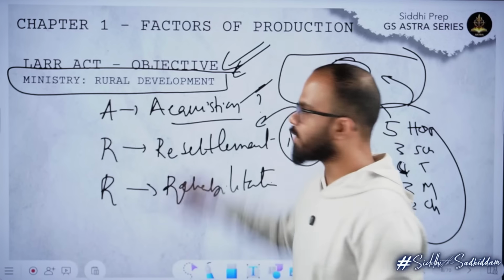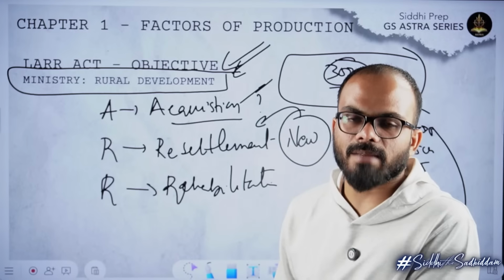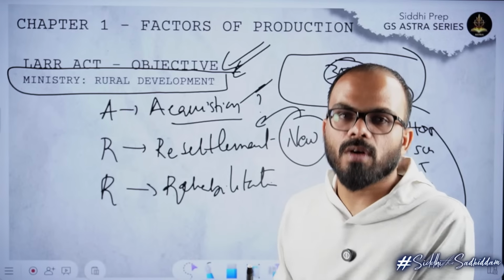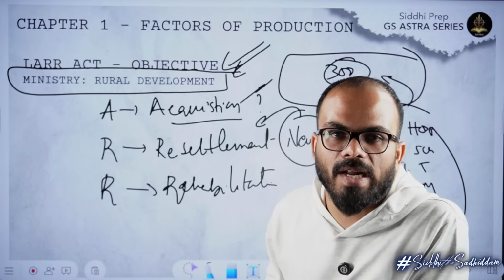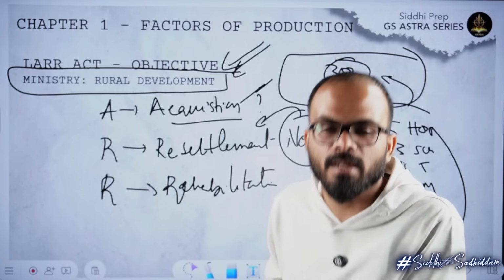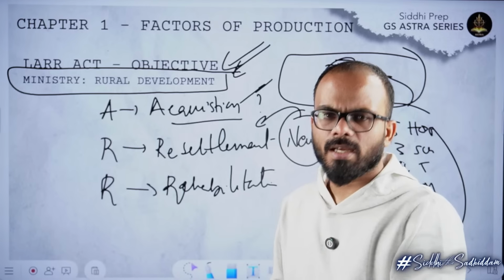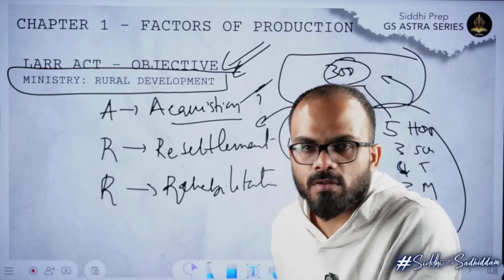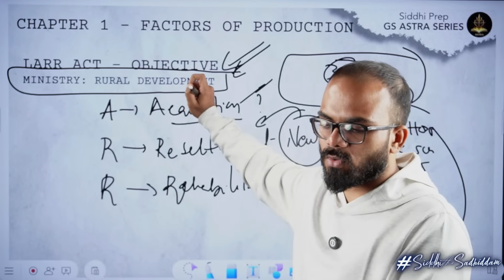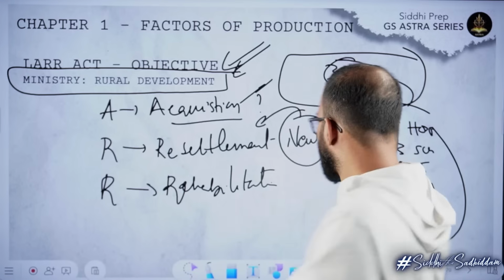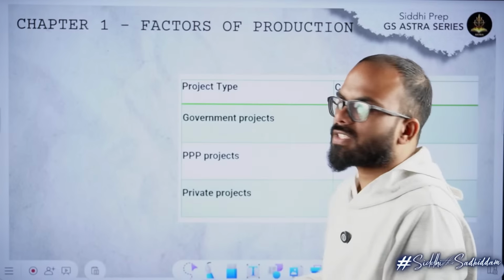This is the line that you have to remember. You need to know, in the exam they can ask you, which is the nodal ministry that takes care of land acquisition process in India. They will give you Ministry of Agriculture, Ministry of Social Justice and Empowerment, and they could give you 2 other options also. The answer is Ministry of Rural Development. Rural Development Ministry takes care of land acquisition in India.